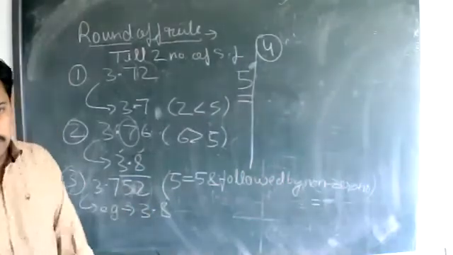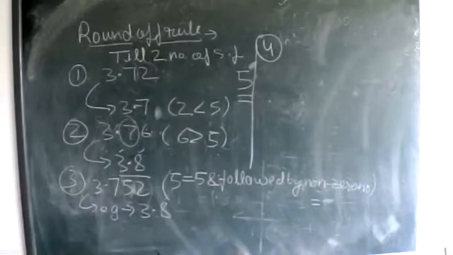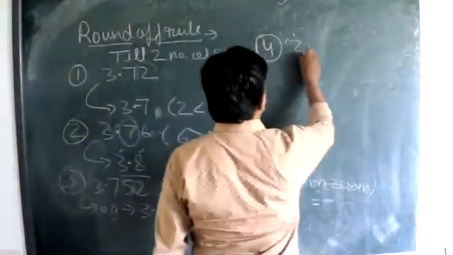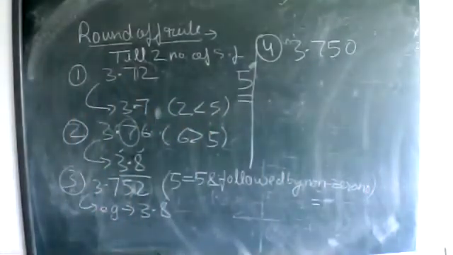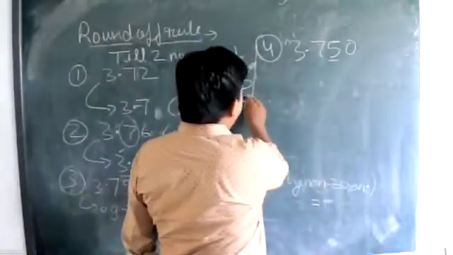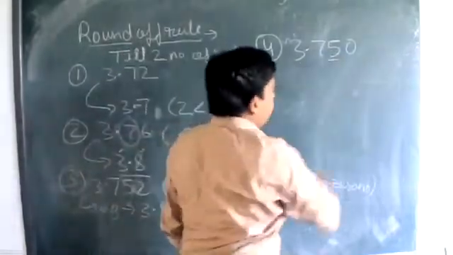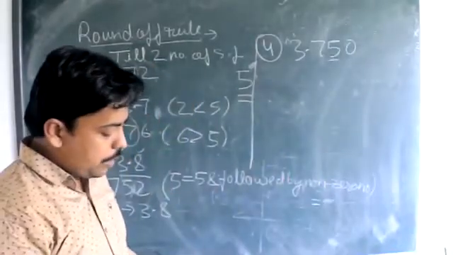What if a zero may come? In that case, what will be the value? For example, I am writing like this. Here what you can see is that a zero is coming after our 5. This is the 5 which is our parameter, equal to the 5 which I have selected. This is the standard parameter, and after that a 0 is coming. So in that case what will be the value?